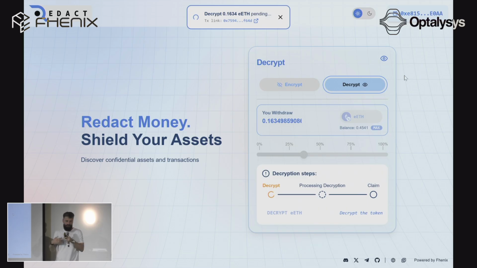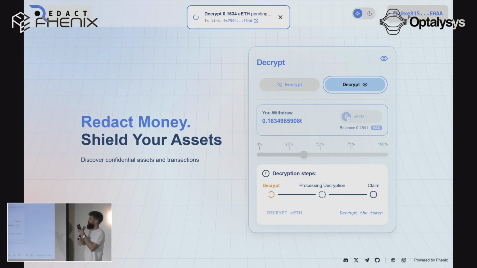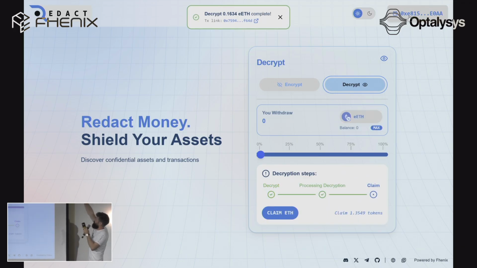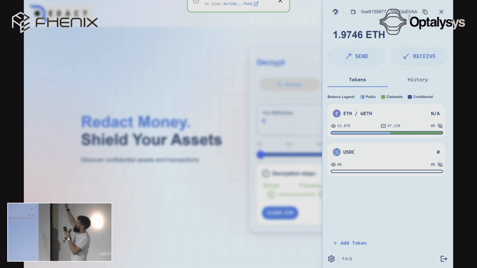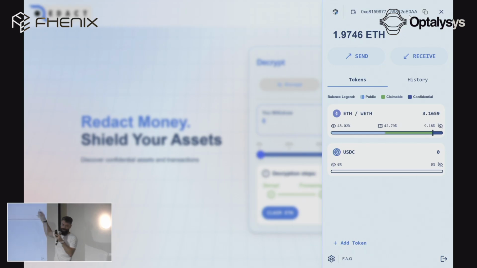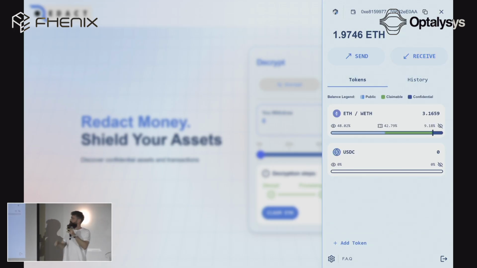So this is why you need to send a transaction, but obviously just to see your balance, you don't have to. You just send a request to the threshold network, and the result comes back. If you click on the wallet, you see all the balances. So this is Redact. Can we go back to the slides for a second?